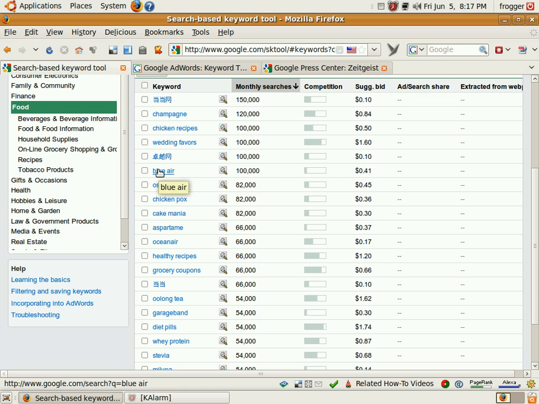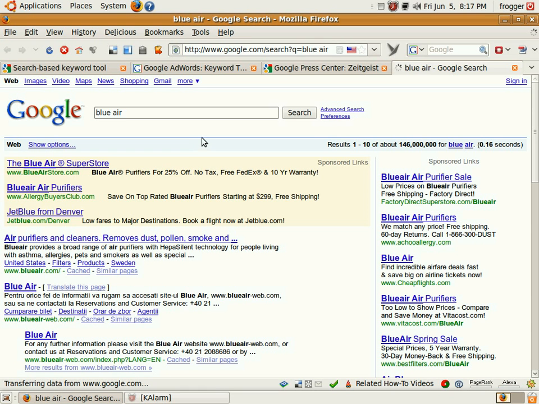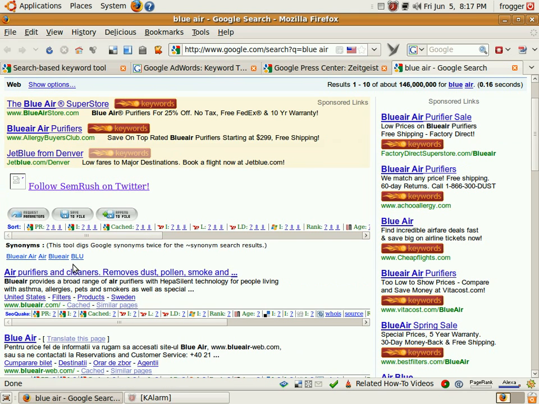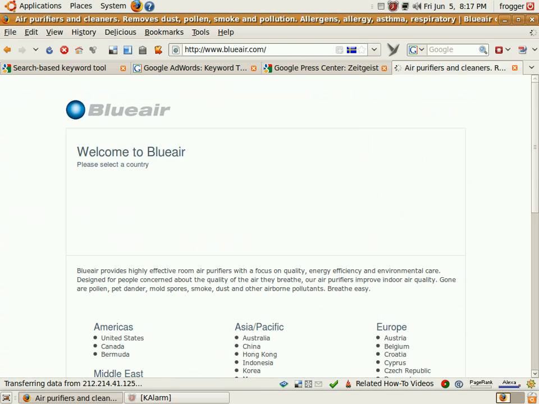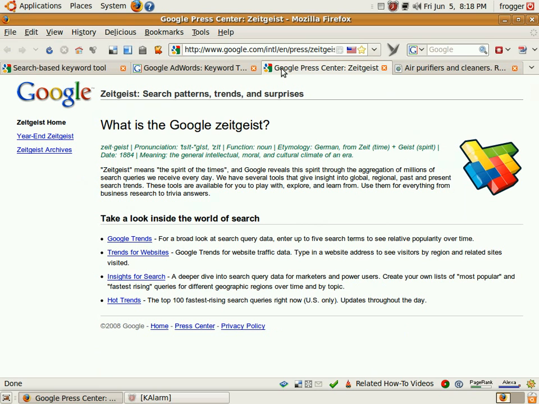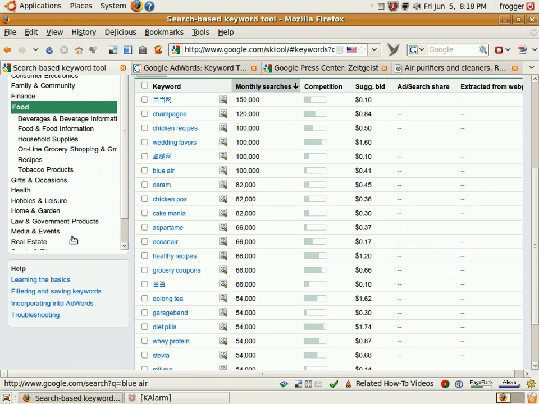Blue Air. Well, by clicking on this, it'll take you over to Google search and you can figure out what is Blue Air. I don't even know. Air purifiers and cleaners. So maybe we wanted to target that because